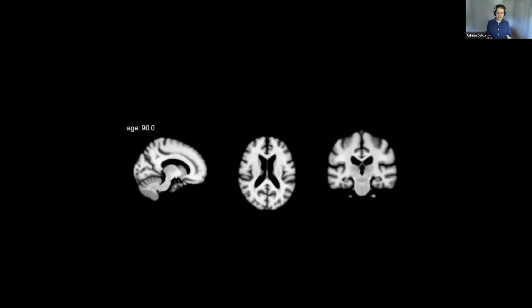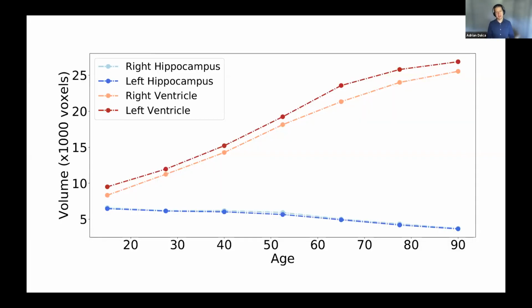But the remarkable thing is that these networks can learn this from the data. We didn't have to impose these things on our structures. We can also mimic behavior that we know from literature. Hippocampus shrinks, the ventricles grow, and so on. But the really cool thing is that now we can look at new data sets that maybe were hard to atlas before, and new entities, not just image atlas